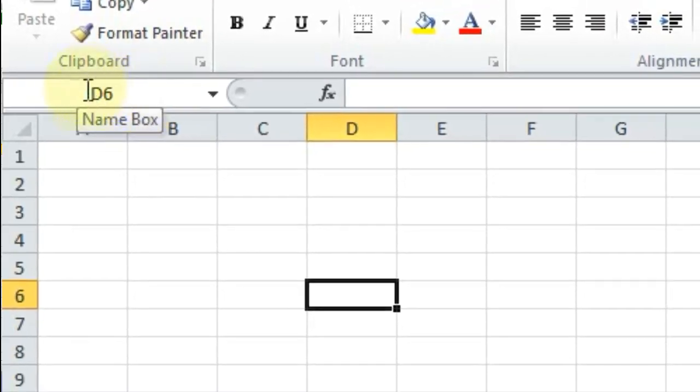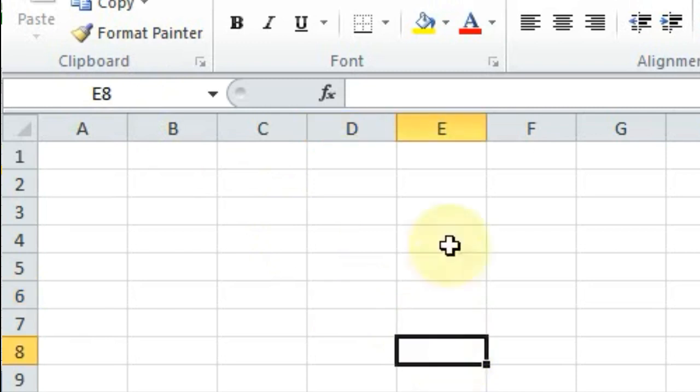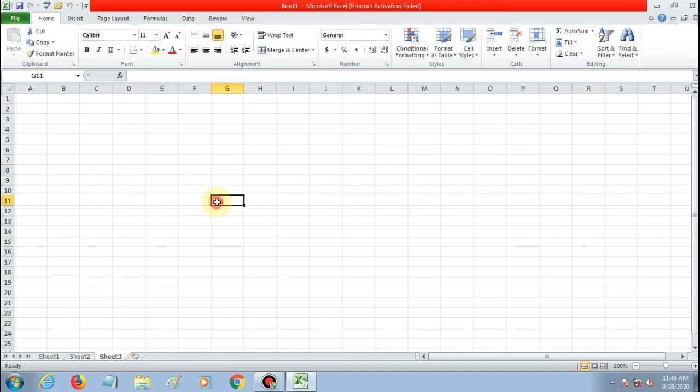Okay, then here you can see the name box. So this is the name of a cell. If you click here, then you can see E8 in the name box. So E is a column and 8 is a row. The name of a cell is formed by the name of the column and the name of the row. E8. This is the E8 cell. So in this way you can check the name of different cells. By clicking on a particular cell, you can check the name of that cell. G14. See here. Okay.